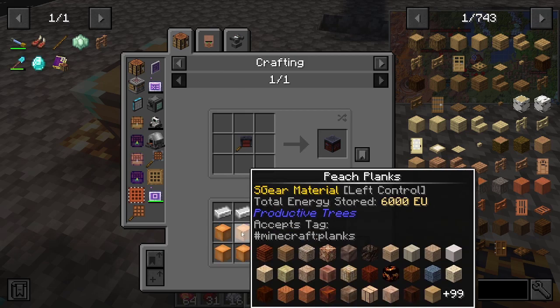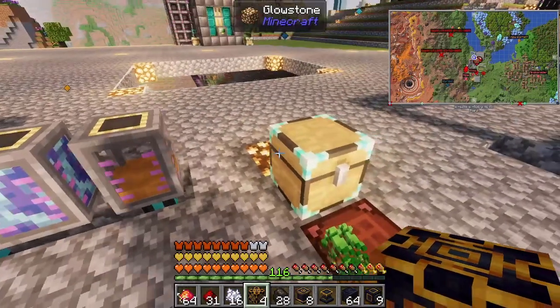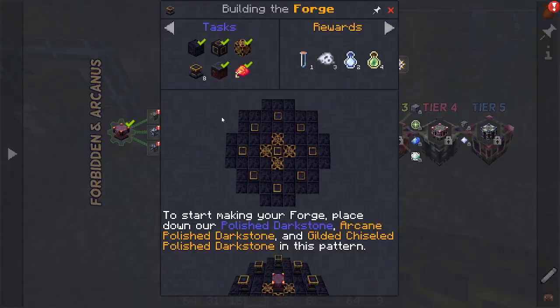Oh, how do we... This is just wood. I think it is. There we go. Our inventory is so full, oh my goodness. I think it's the last item. I think there's one, or is one more? No, it's just that. So to make your...